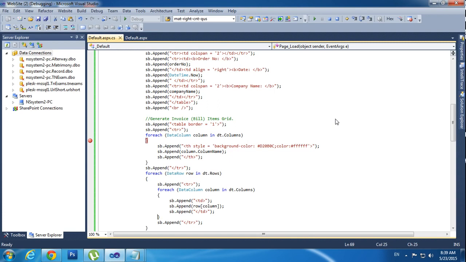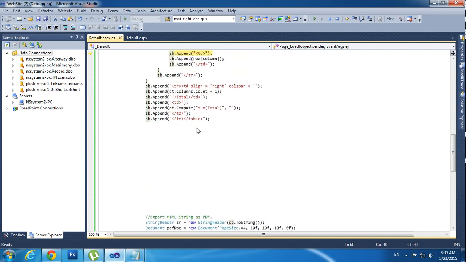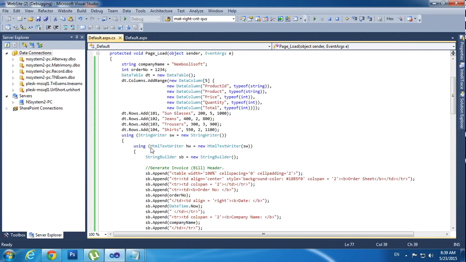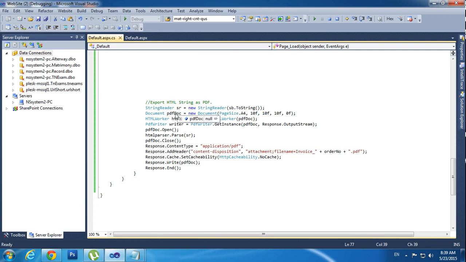For every row, the first row comes, after that the 5 columns will loop, the second row comes, after that the 5 columns will loop. So now it comes to the end here. After that I am using the StringReader to read the SP. SP is a StringBuilder. I am getting the string from the StringReader and passing it to the